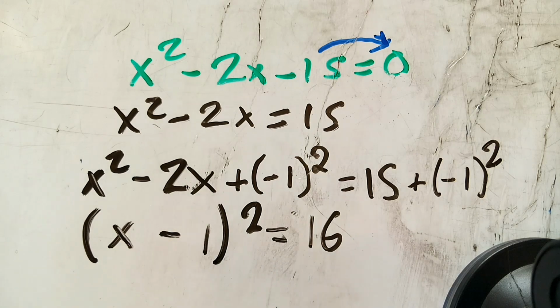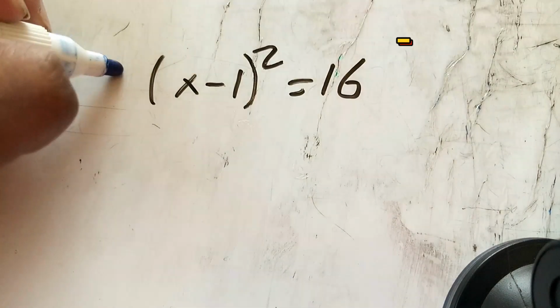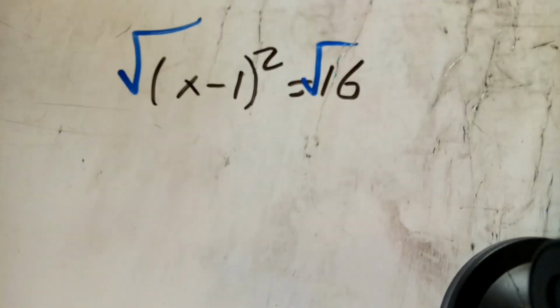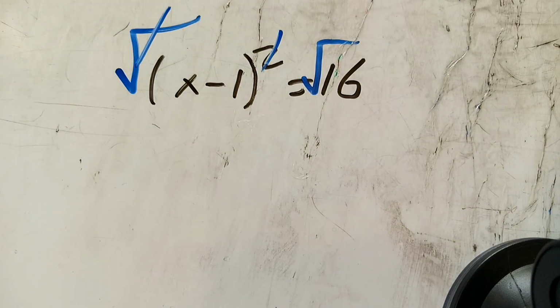So we have (x - 1)^2 = 16. Now we solve this equation. So when solving this, what are we going to do? We're going to put a square root over here, and if we do that, we also do it on the other side. So this square root will cancel with the 2, and we're going to remain with